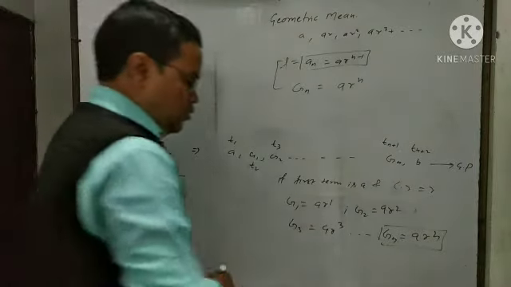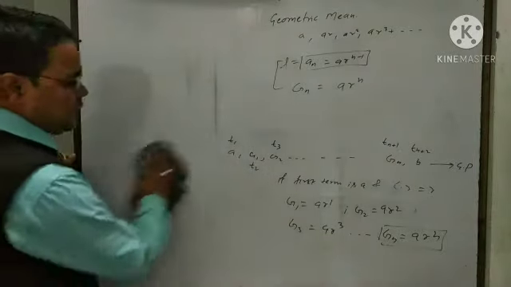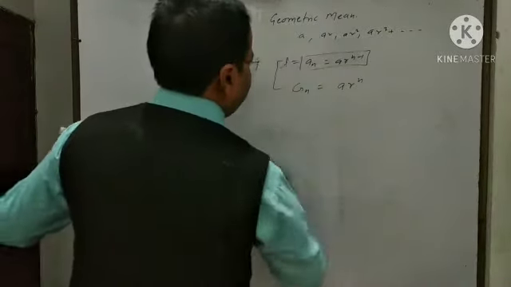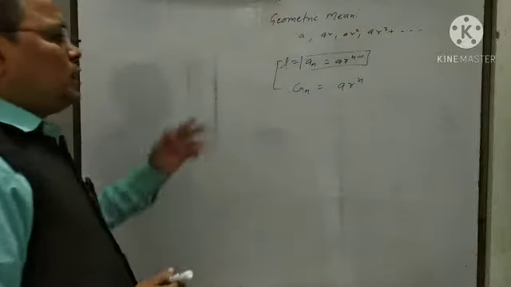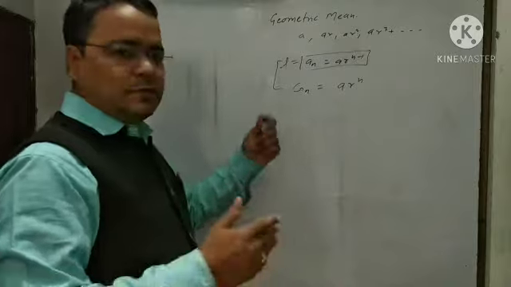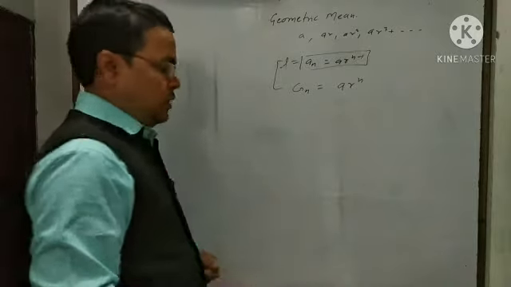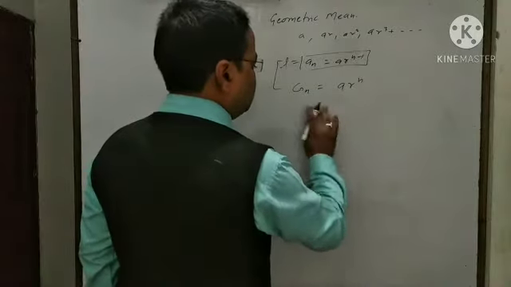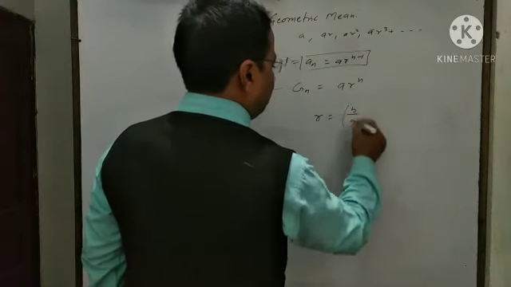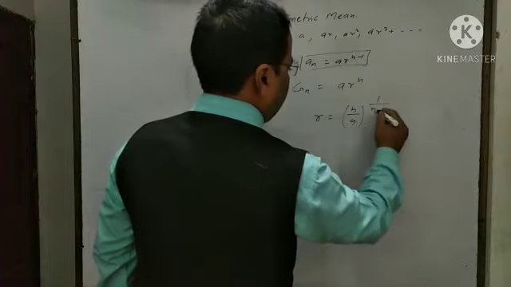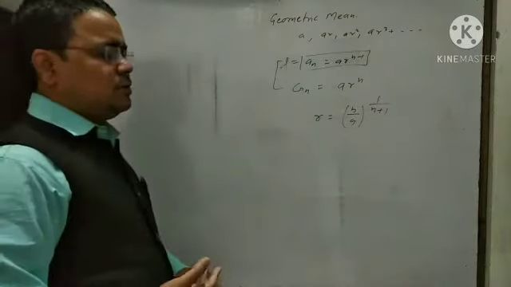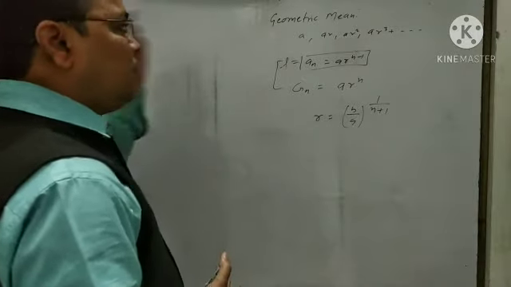Getting? Now we should try to understand this with the help of one example. Here we find that the last term is equal to a r to the power n minus 1, and the nth geometric mean is equal to a r to the power n, and r is equal to, the formula of common ratio, b by a whole raised to the power 1 upon n plus 1. Getting? We should remember it in the case of geometric progression, geometric mean.